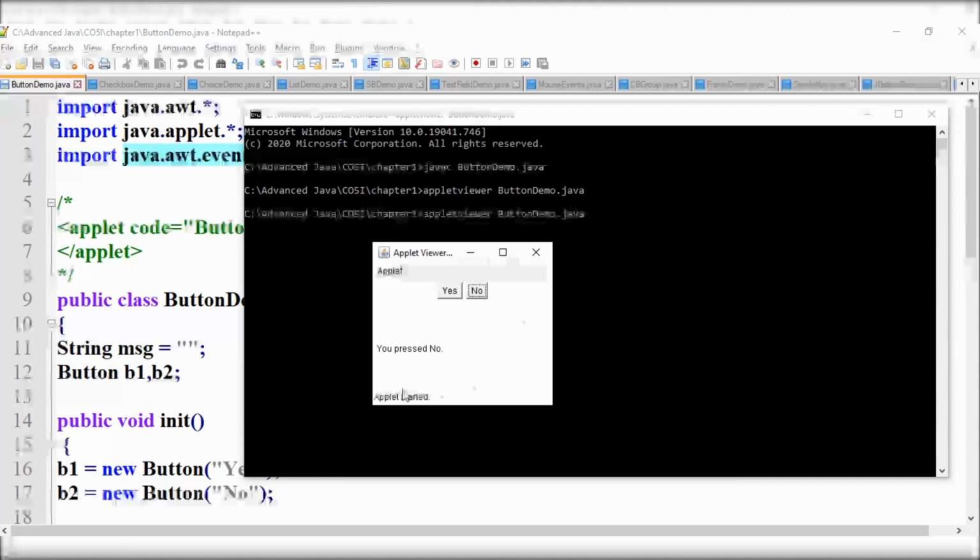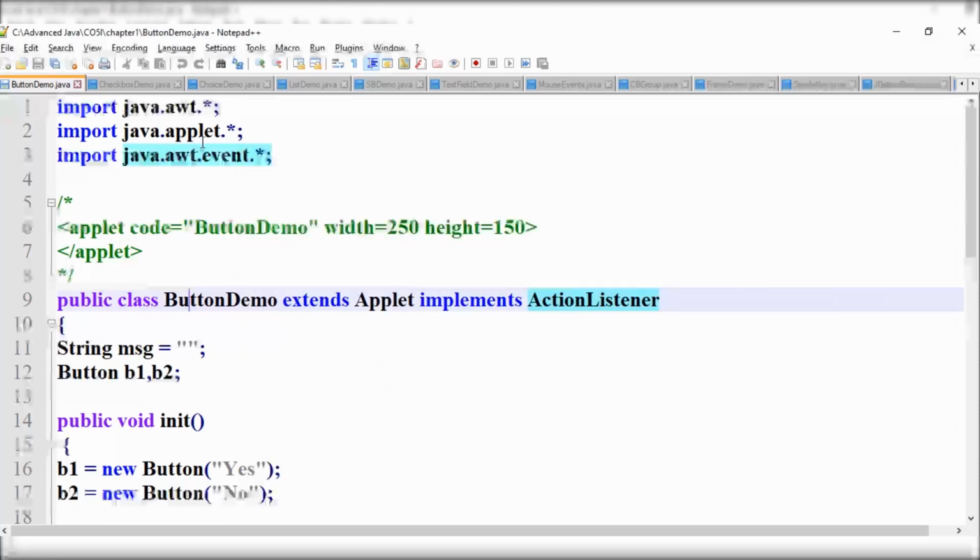So how do we handle these types of events in a Java program? We will see in the program. For implementing event handling, I will explain the important things according to the online exam.